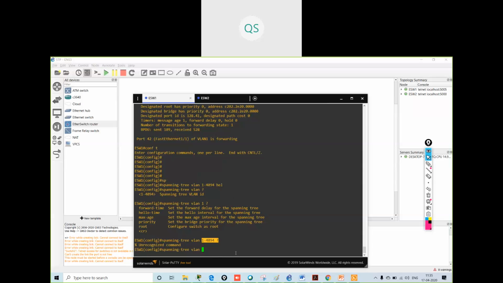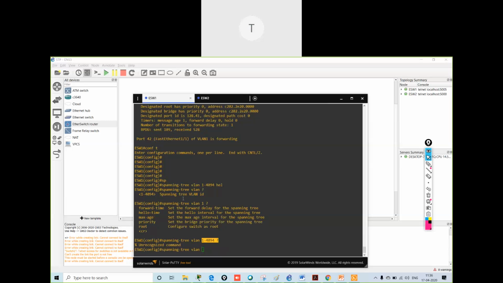But spanning tree and VTP, that's different, right? We are working on spanning tree and we are working on VTP. Someone asked whether we can do it on the client and then it will get advertised to all. Yes, what you have to do is make the spanning tree changes for all the VLANs.